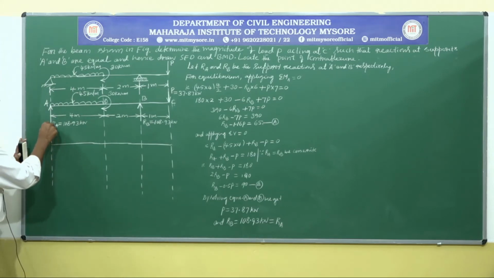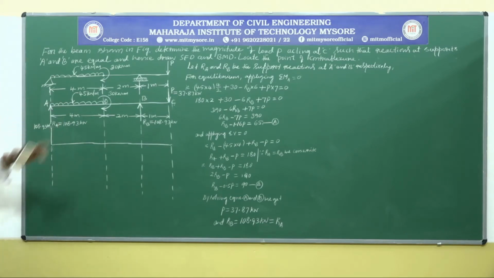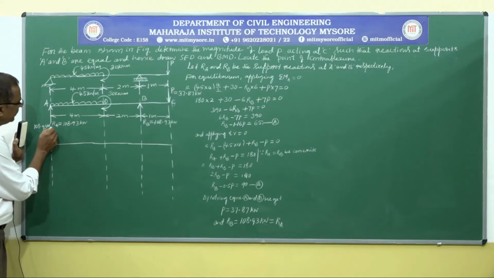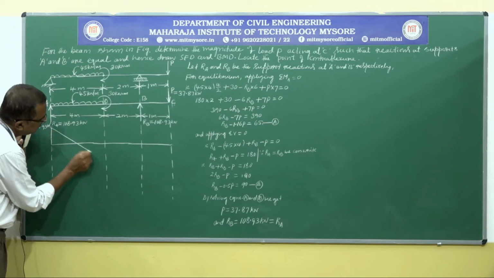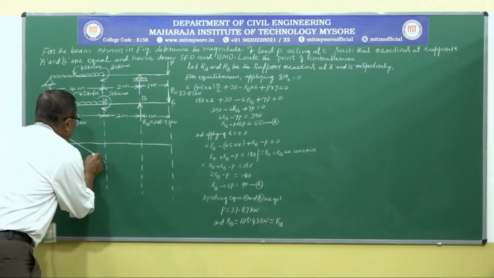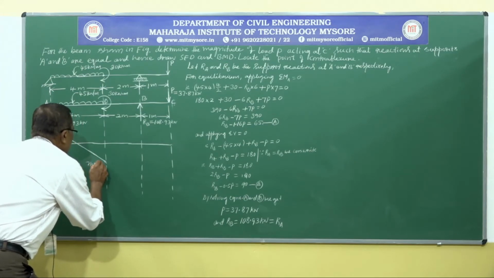Go up by 108 kilonewton. We know the shear force diagram for a point load acting in the upward direction is a vertical line. Between A and D there is UDL. Convert UDL to a point load, 45 into 4, it is 180. So we have gone up by 108.93. If you come down linearly by 180, it will cross the reference line, and below the reference line it will be 71.07 kilonewton.